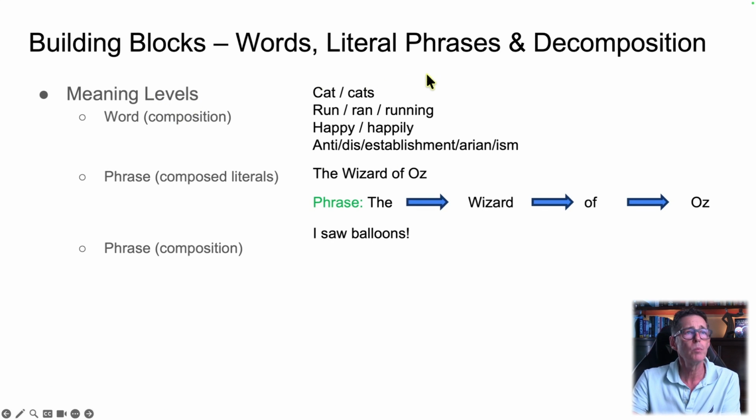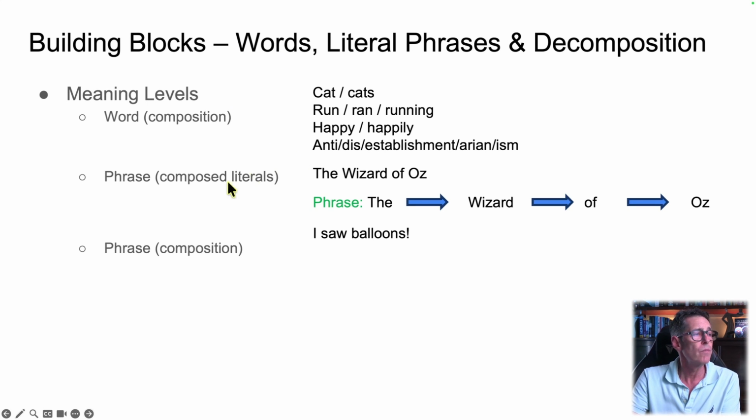Okay, so what are the building blocks of language? Well, originally, let's just take an English example. We start with words. So for example, in English, we have cat and cats. We've got the types of verb forms. You can run, you ran, you can be running, you can have run. So there's a bunch of variations around the same particular meaning, known as tense and aspect, and voice for that matter.